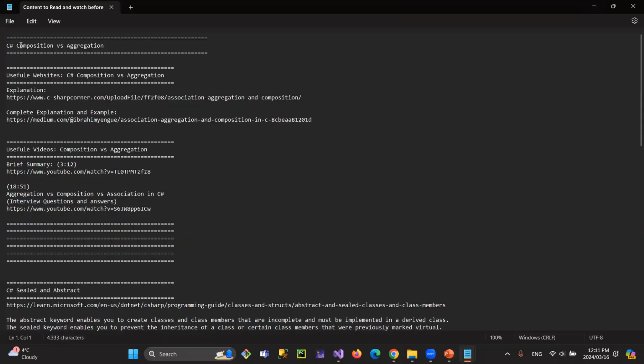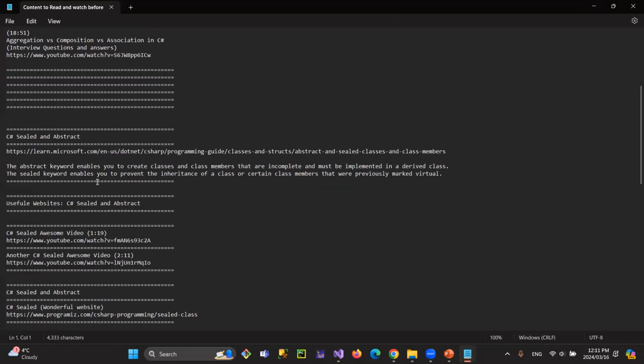So for aggregation, what is the difference between aggregation and composition? The explanation, the videos, and the rest would be the slides. I want you to please try to implement. Not all the slides work, as you see, it didn't work. So if you do all those challenges ahead of time, and again, my suggestion, just combine what is meant to